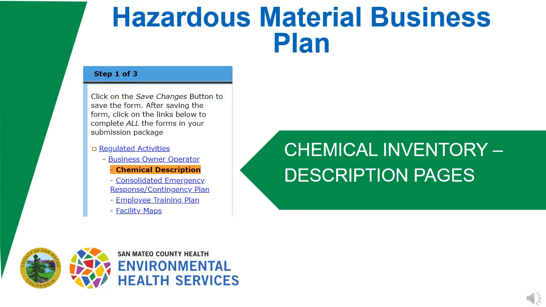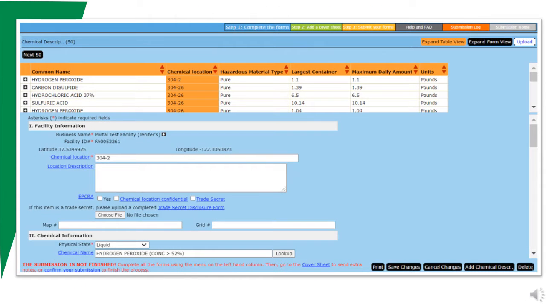Welcome to Part 4. In this video, we will talk about how to complete the third section, highlighted in orange here, for the chemical inventory descriptions. On the chemical description page, as you enter it for the first time, you won't see the list of chemicals in the orange table. To begin adding chemical pages to your inventory, you will click Add Chemical Description in the